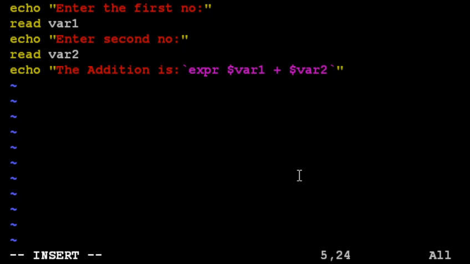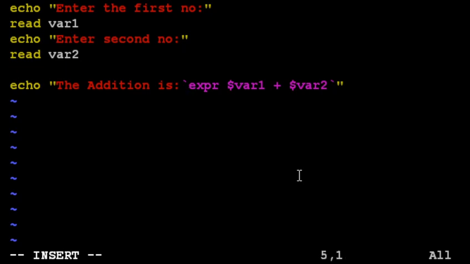Here you may use another variable to store the addition, and then in the echo statement you can directly retrieve the value of that third variable. So that we will do. So press enter here.